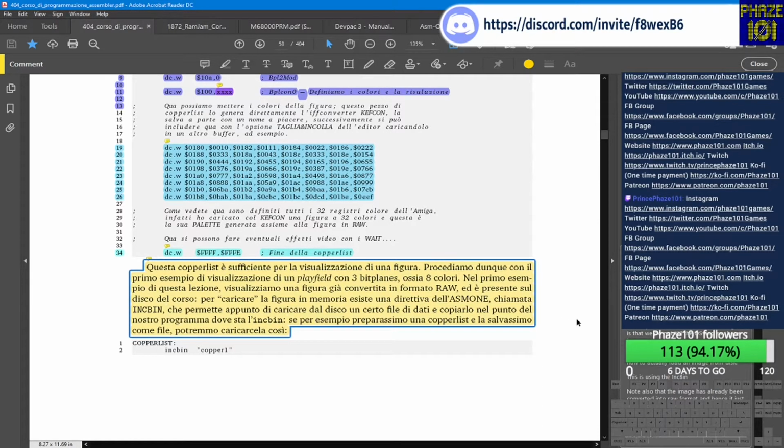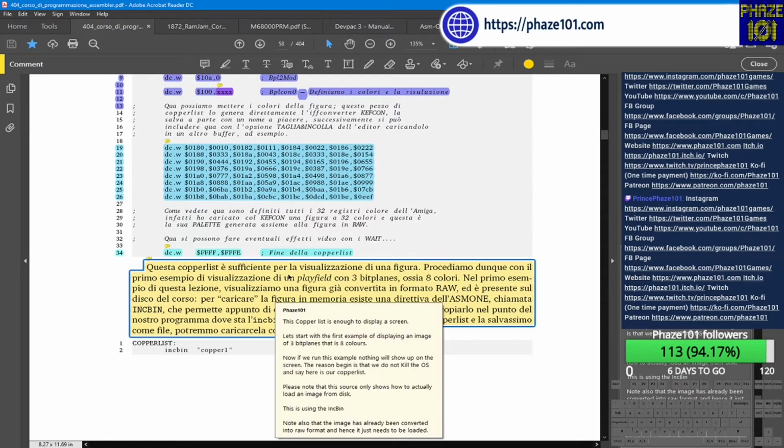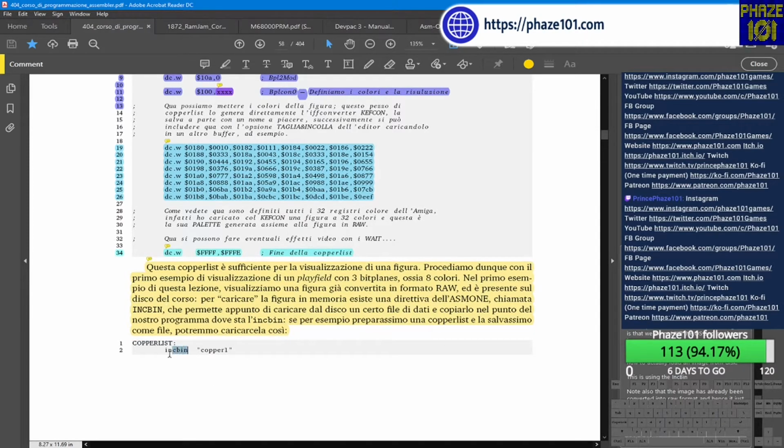So somehow we need to tell the assembler where our image is, and it needs to load it. There's a command in the assembler called incbin. This loads an image, a raw image, always raw, and attaches that image to our assembly file. Like that we can point to the image,